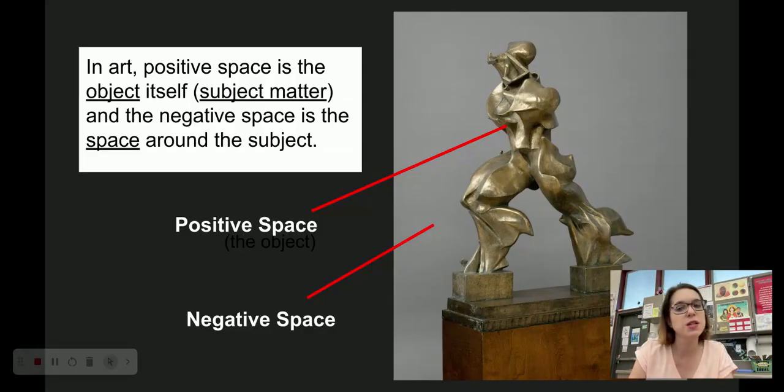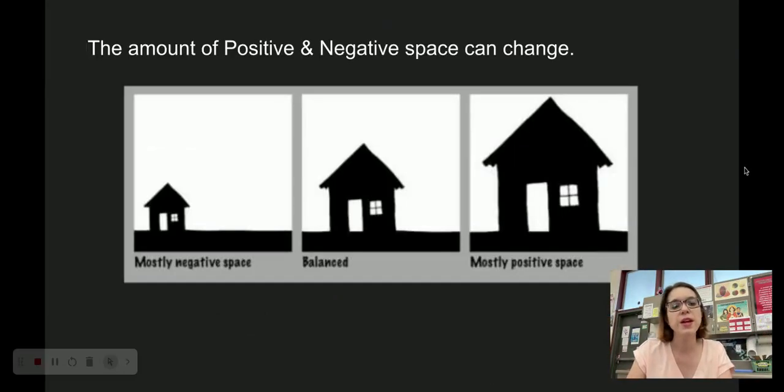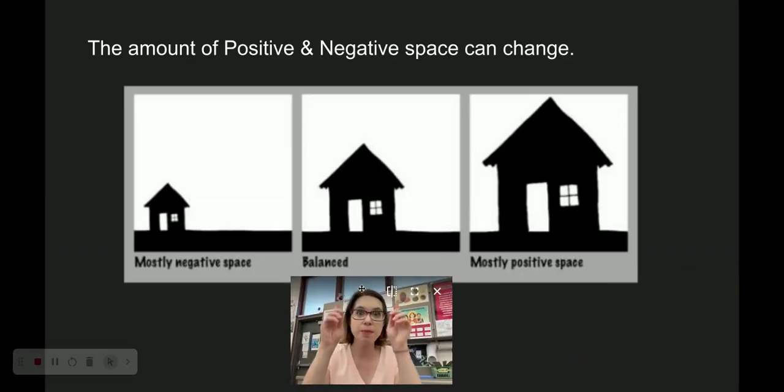And so the negative space is the space around the object. And in this example, it's the space around the sculpture, it's the space in between the legs. And in art, the amount of positive and negative space can actually change. So in this example here, things look fairly balanced in terms of the amount of positive and negative space, while the example on this side here, things are mostly negative space, right? There's a lot of negative space, while the example on this side over here has mostly positive space because the